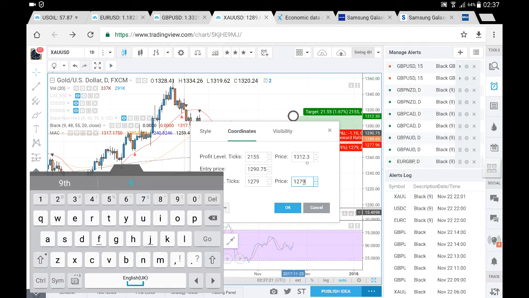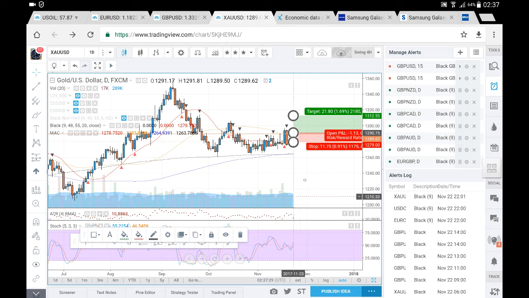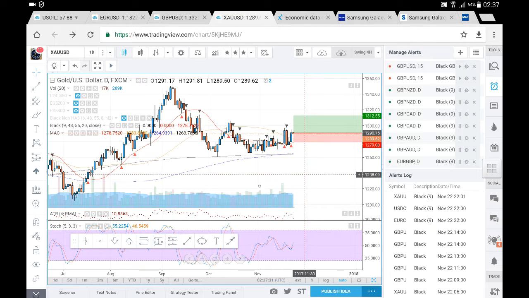1279. Take profit in at 1255. There we go. The levels are essentially the same anyway. But there's our stop, there's our entry. Our entry is in around 1291, stop placed at 1279, and take profit in around